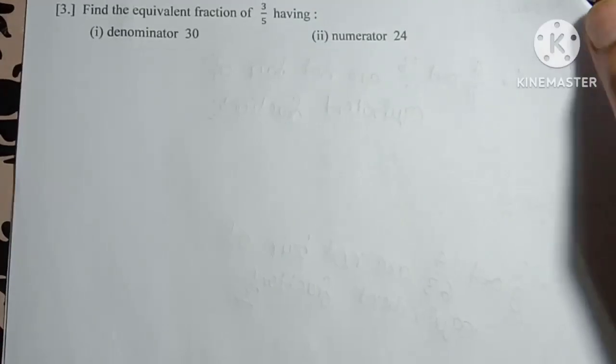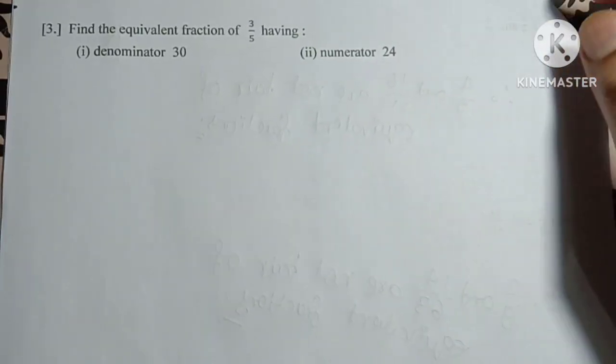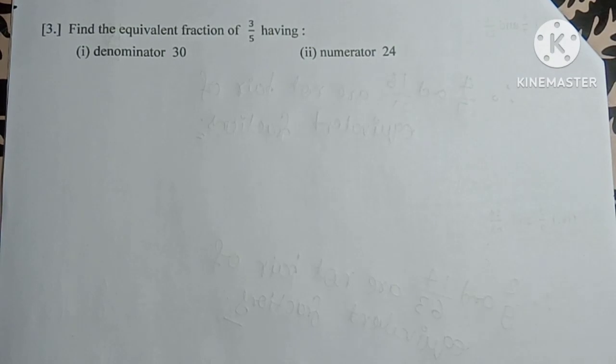see here, third number. Find the equivalent fraction of 3 by 5 having denominator 30. Now we have found equivalent fractions. In the first question we found the equivalent fractions of the given fraction, five equivalent fractions in every question. In the second, we checked if both the fractions are equivalent or not. Here it is getting a little customized. Customized means here the question maker, that is the author of the book, is giving you a customized choice,